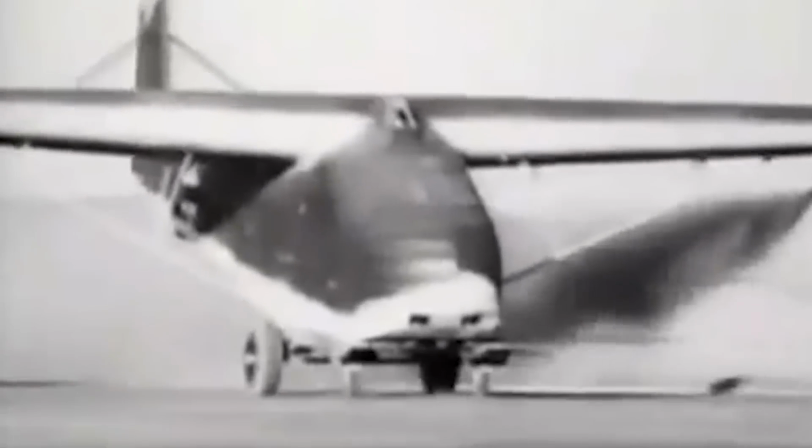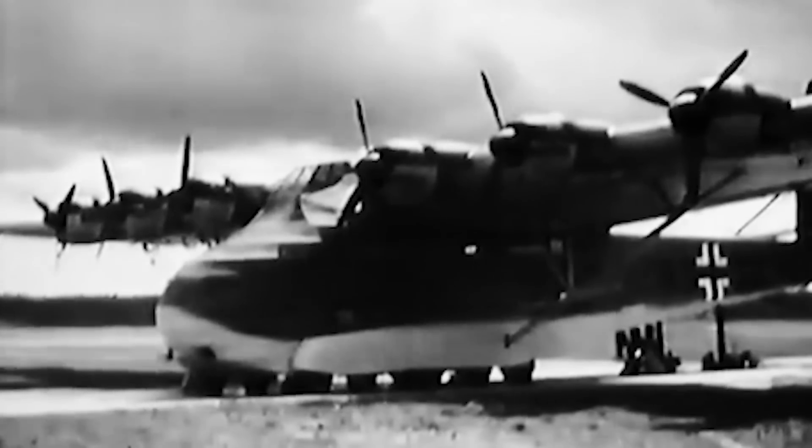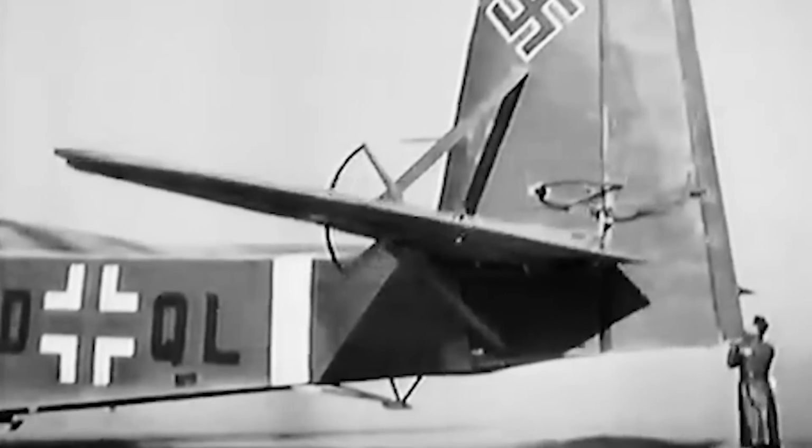Despite these challenges, the Me-321 entered limited service in 1941 and saw action during Operation Barbarossa. However, its operational use revealed several limitations. The glider was vulnerable to enemy fire, difficult to tow, and once landed, immobile without specialized recovery equipment. These shortcomings, coupled with the changing strategic situation, led to a pivotal decision in the development of what would become